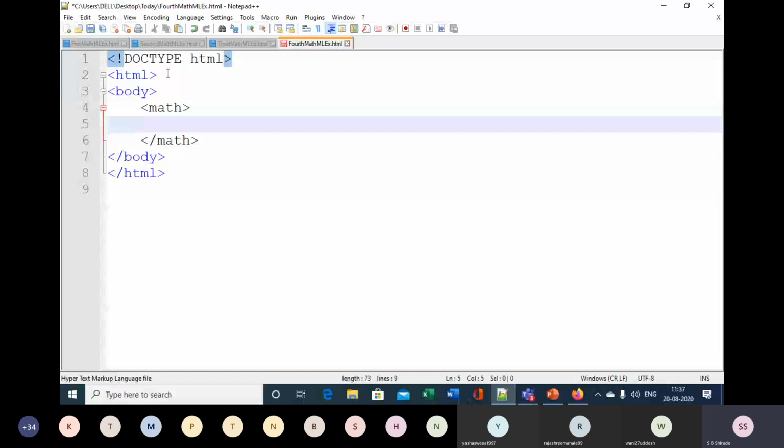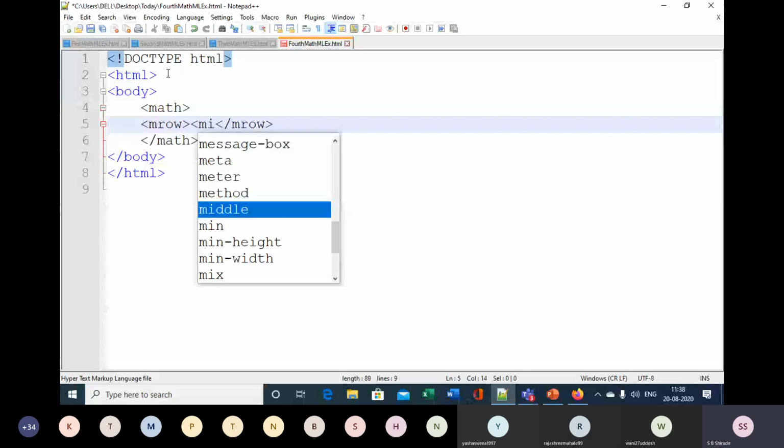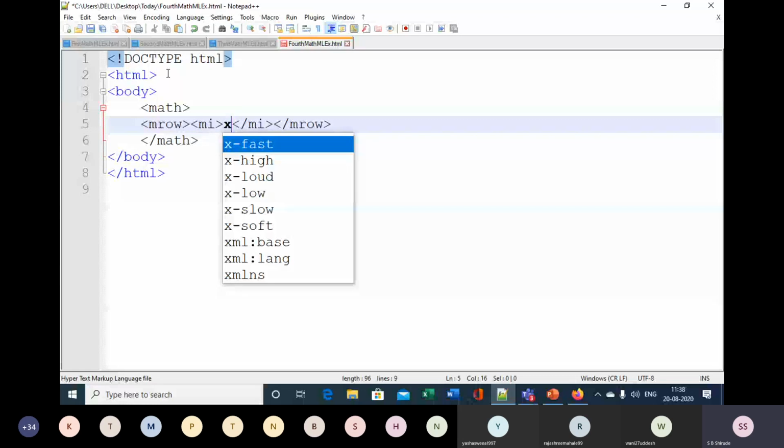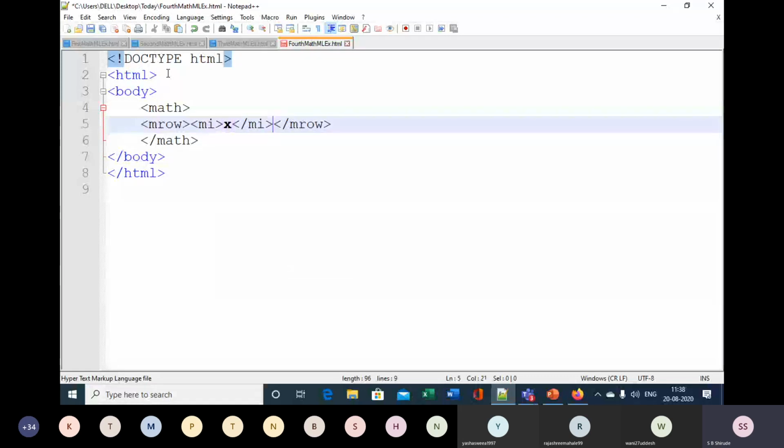First of all I want to put x is equal to, so let us group that expression first. For grouping the expression, mrow, and in mrow I will put x is equal to. x will be an identifier and is equal to will be the operator, so mo will be is equal to.